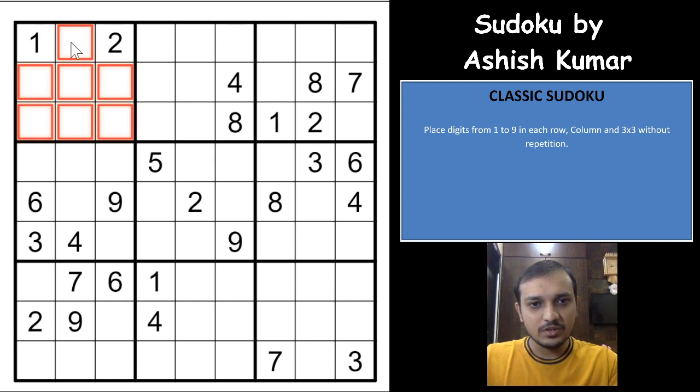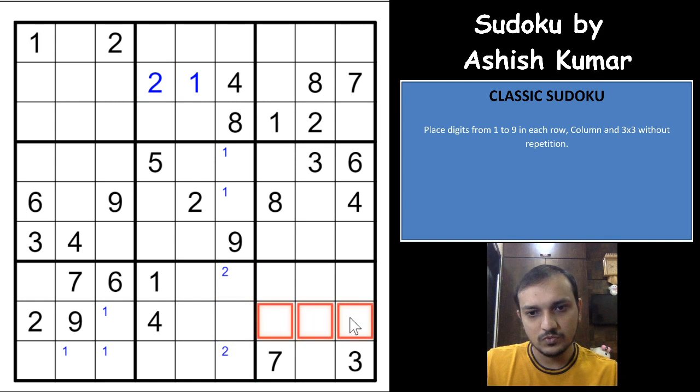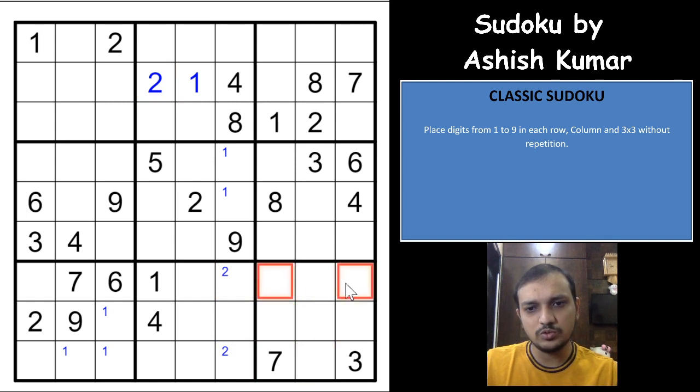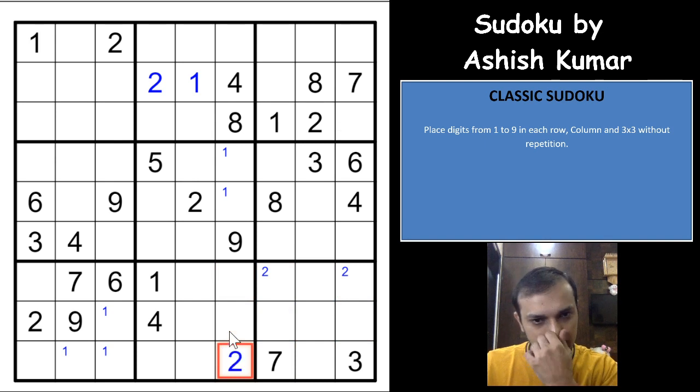So let's see. You have one here, one here, so you get a one here, that gives you one in one of these two cells, right? Okay, any more ones? You get a one here in these three cells. Nothing with the ones. Let's do something with the two here. Two in one of these two cells. Okay, a 2 cannot be here, so 2 would have to be in one of these two cells. That removes a 2 from here, and you get a 2 here.